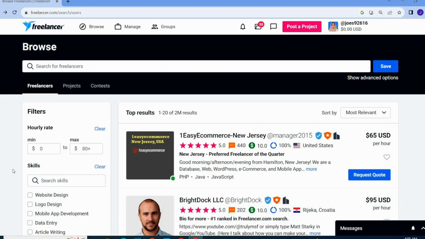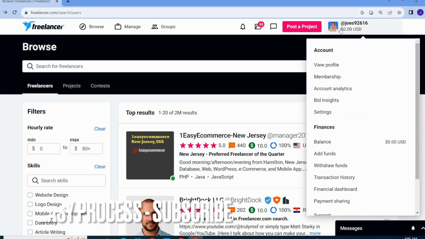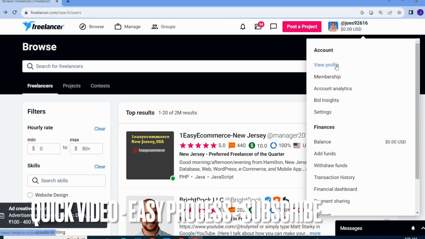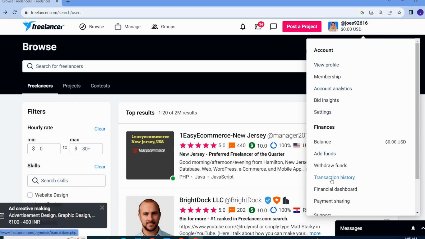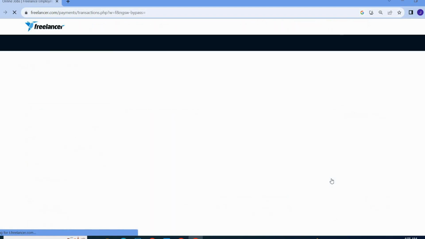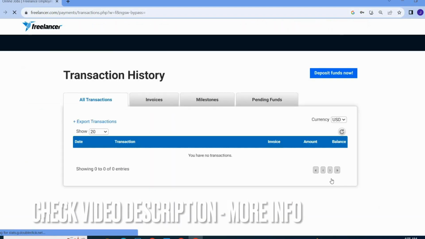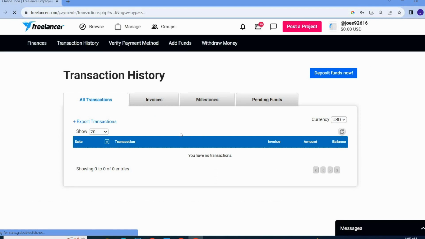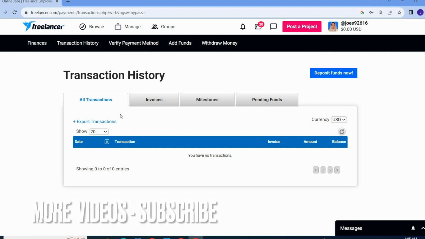history. So guys, all your transaction history will be shown in your profile icon's pop-up. You have to go to this pop-up, and here you will see transaction history. Just simply click on it and then you will see all your transactions. Because my account is new and I haven't worked over here, all these transactions are empty. And if you have worked over here and you want to see your transaction history, then you can see it by